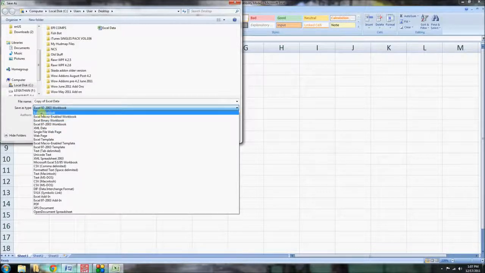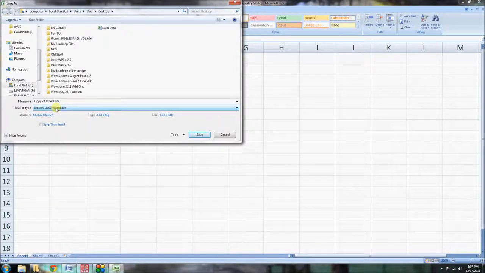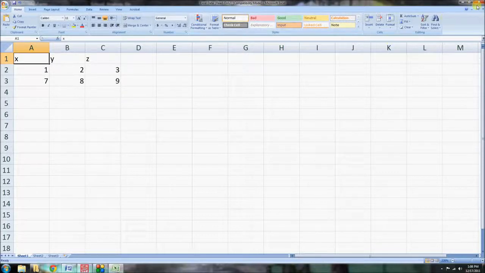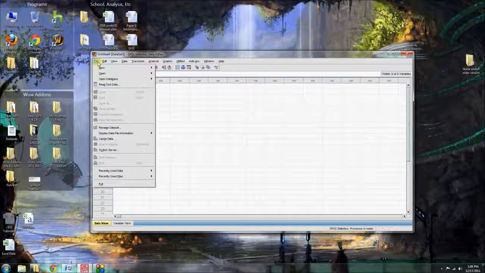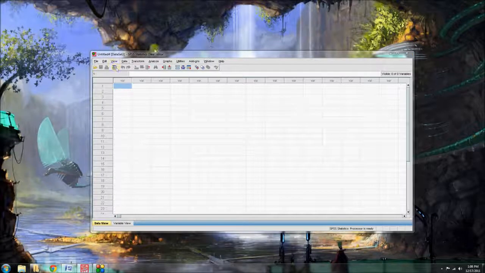I'm not sure if SPSS saves or can read regular 2007 and onwards Excel data, which is this Excel workbook type, the .xlsx file format. So I'm just saving it as a .xls, and I'm going to show you how to import that. So if we go up here to File, you'll see that there's